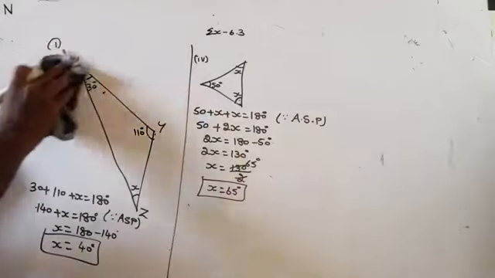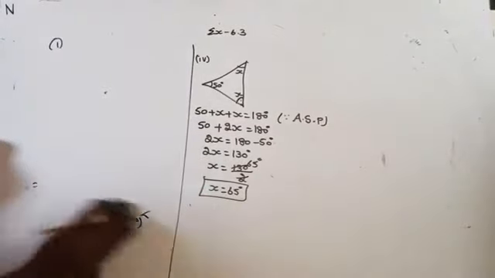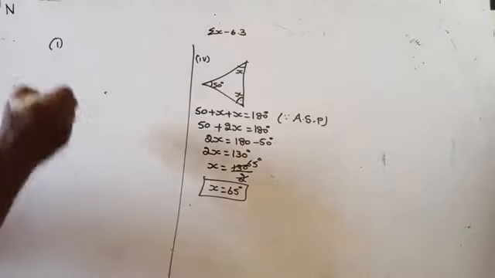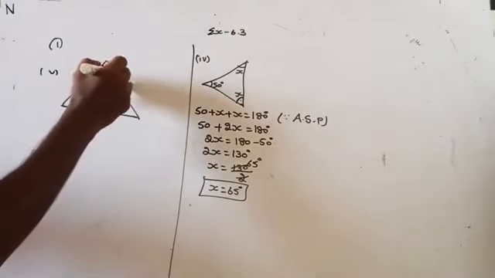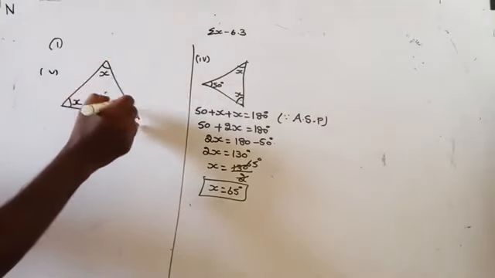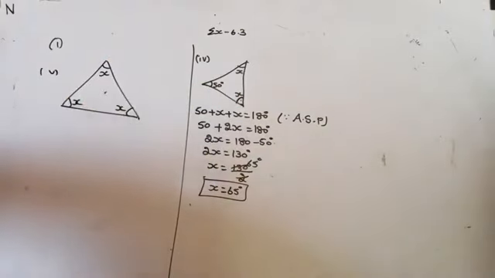Then, the fifth part. In the given diagram, one triangle is given. In the triangle, all angles are equal. We know that in a triangle, if all the sides are equal, it is called an equilateral triangle. In an equilateral triangle, each angle is 60 degrees. All the angles are equal, therefore the answer will be 60 degrees each. Now we will find it by using the angle sum property of a triangle.